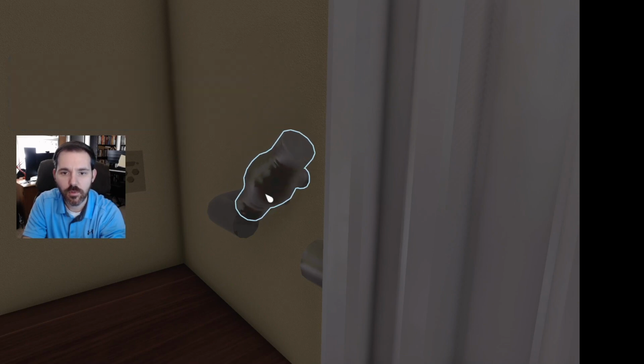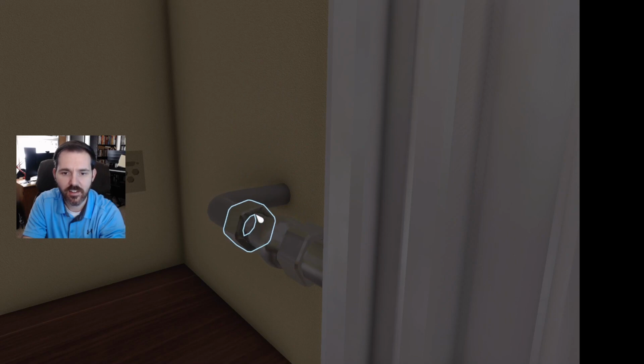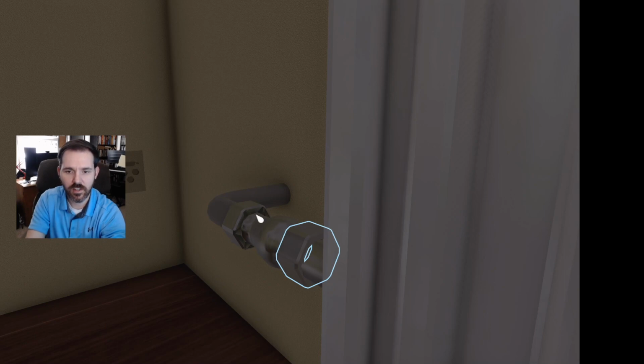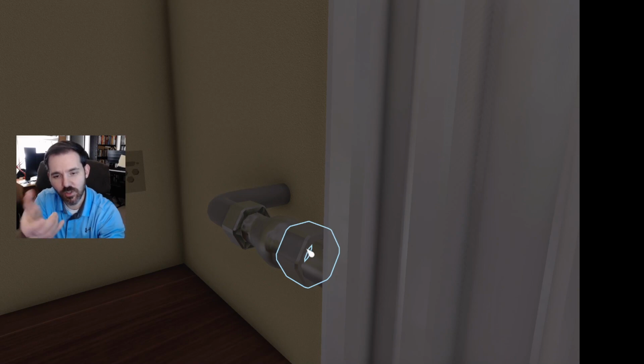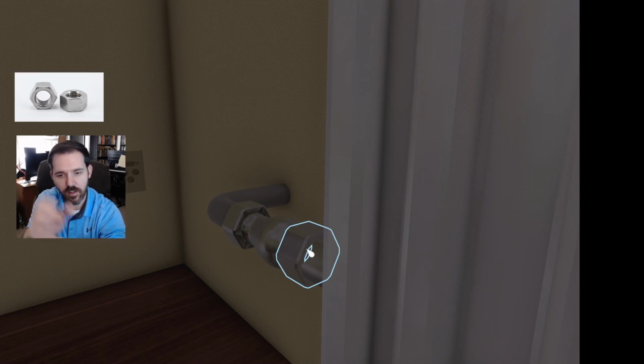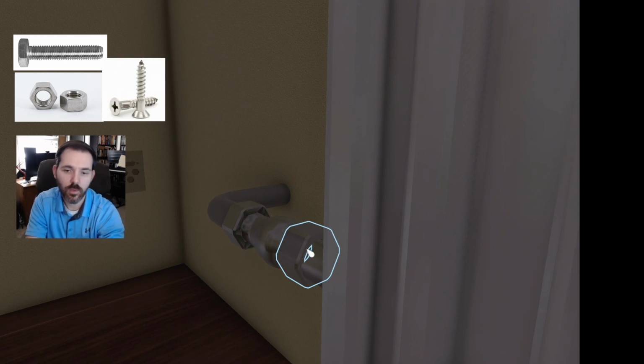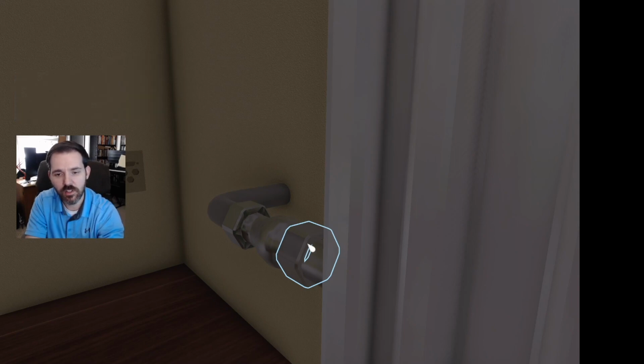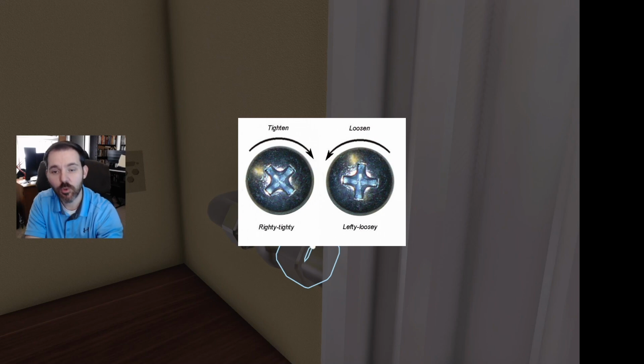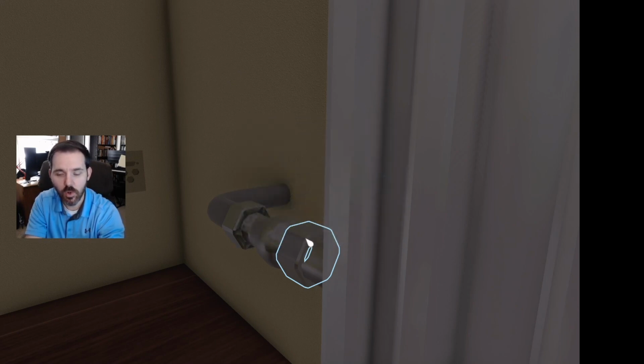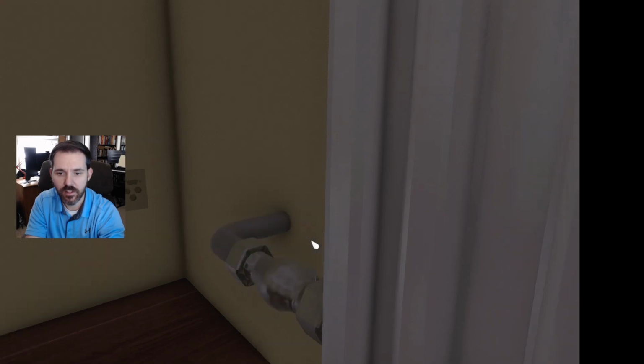So we're going to put this down here, and this is the nut, and we're going to rotate the nut to tighten it. We have an expression to remember which direction to turn nuts and bolts and screws when we are tightening them, when we are making it fast. The expression is righty-tighty, lefty-loosey. That means you turn it to the right to tighten it and turn it to the left to loosen it or to remove it.